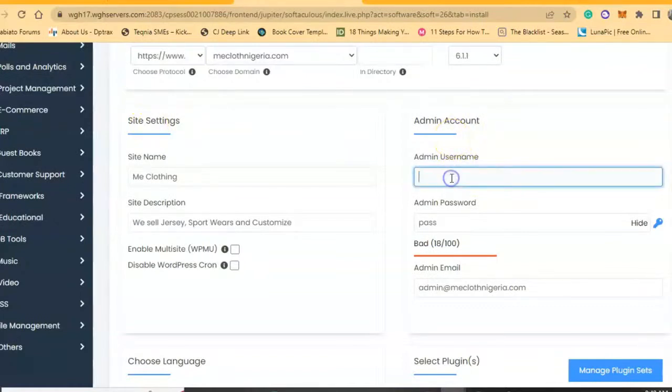Username by default used to be admin, but when hackers want to access your site, the first or most common username people try is admin, because it is just what it is: admin. So we will not be using admin for our own now. Okay, let's say administrator, or let me say